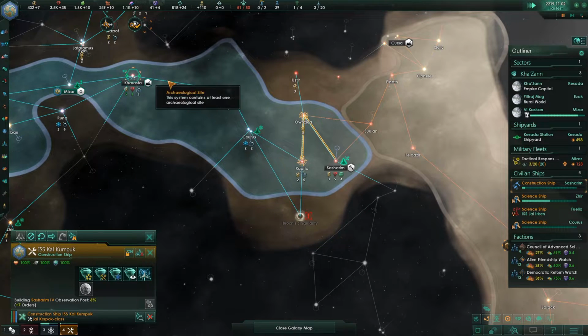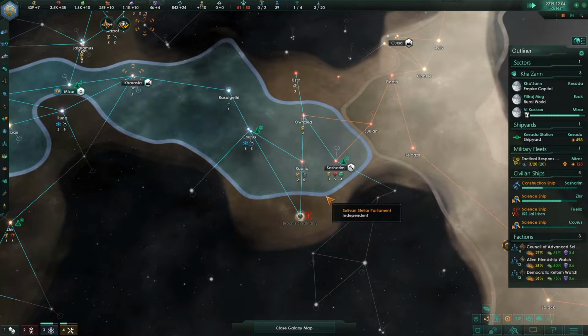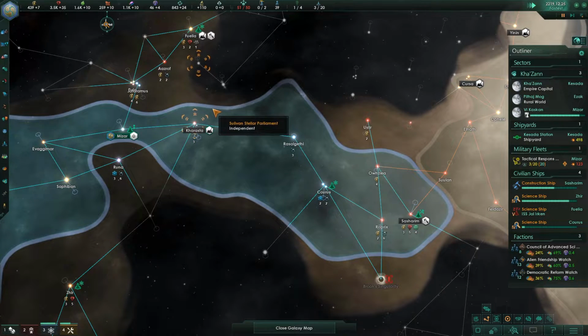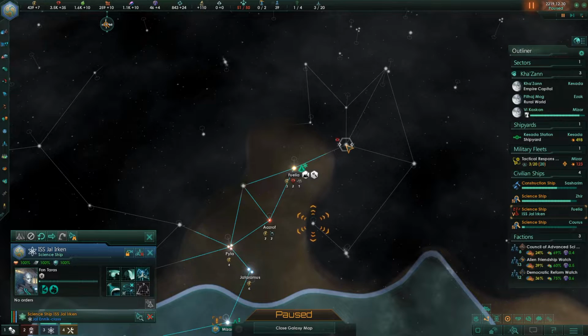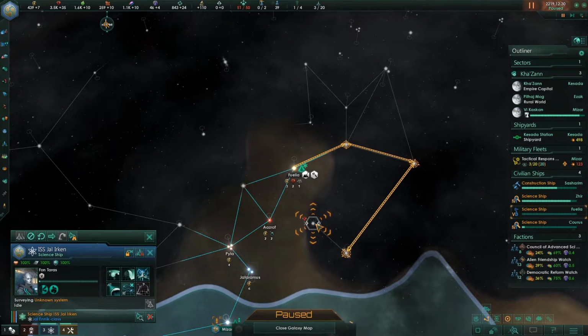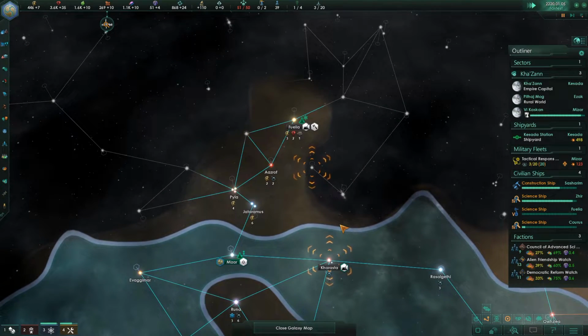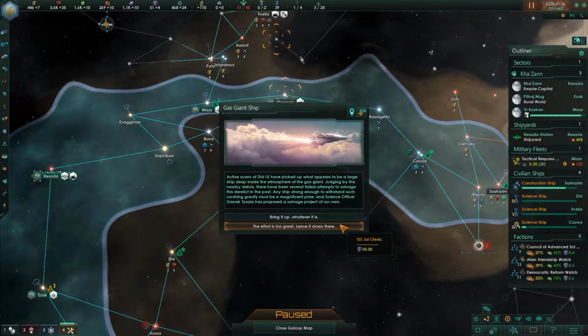Probably gonna want to get a couple of stations here for our trade. But again, you know, we've got lots of time. I mean, 6 trade value, that's pretty good. Oh wow, look at that. Science ship. Make our way over here. Hopefully this rubricator thing is not gonna horribly murder me. It might horribly murder me, but, you know, we gotta...